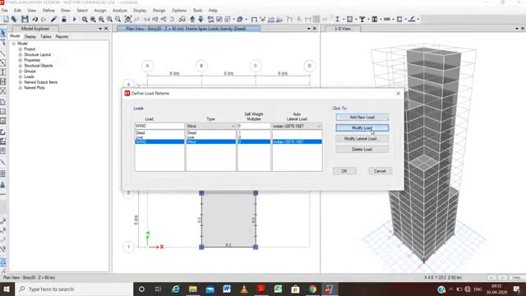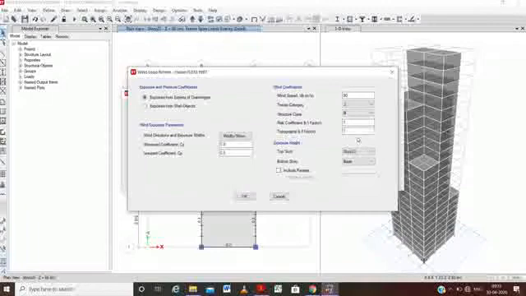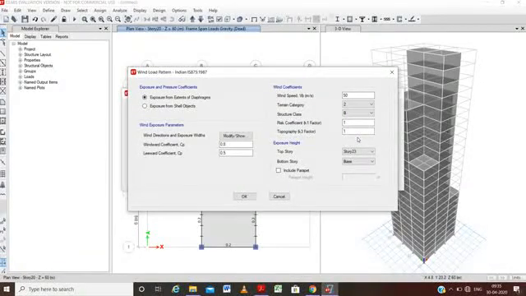We will modify the load as per our conditions. So click on modify load, sorry, we have to click on modify lateral load because it is a lateral load. First of all, we can see here that the wind coefficients are to be given. For this we first have to find the wind speed, and this wind speed can be found in IS 875.